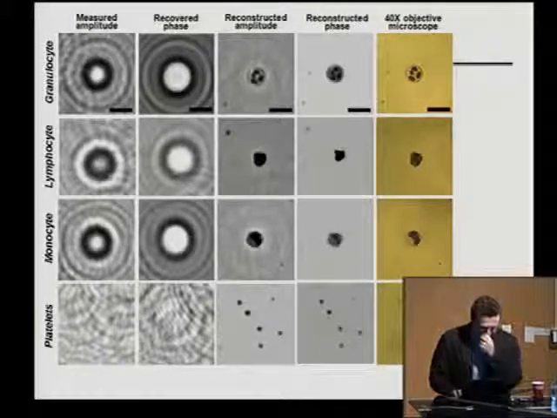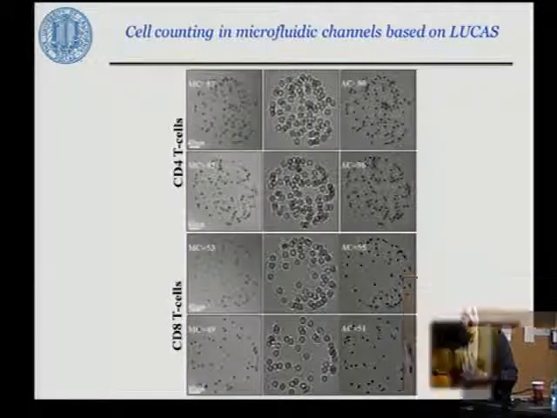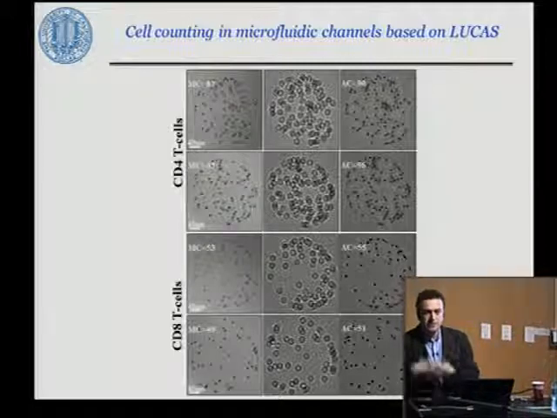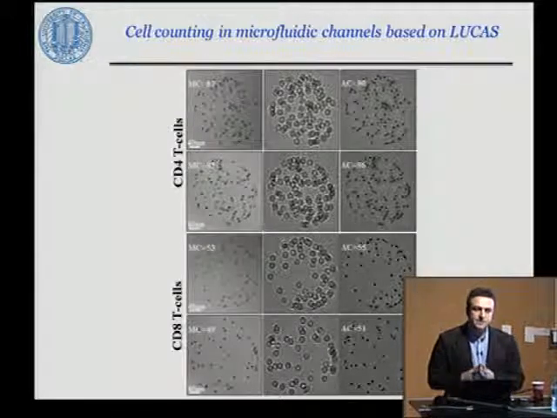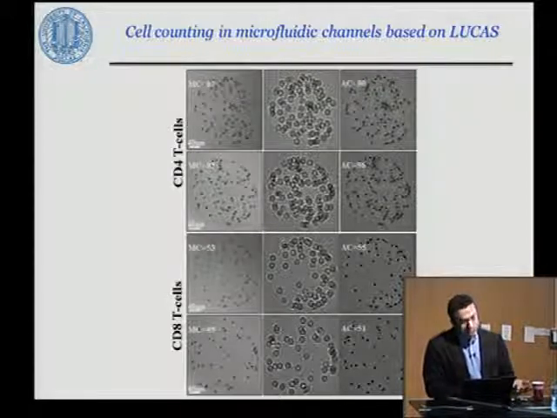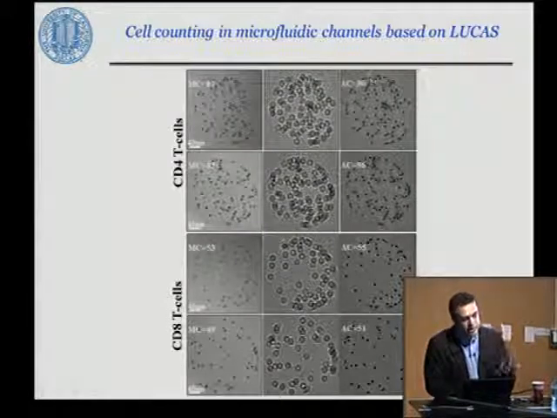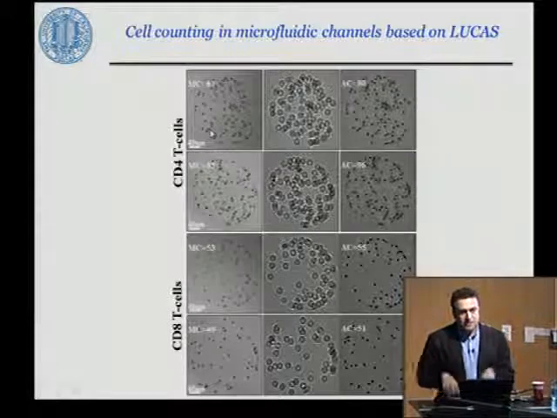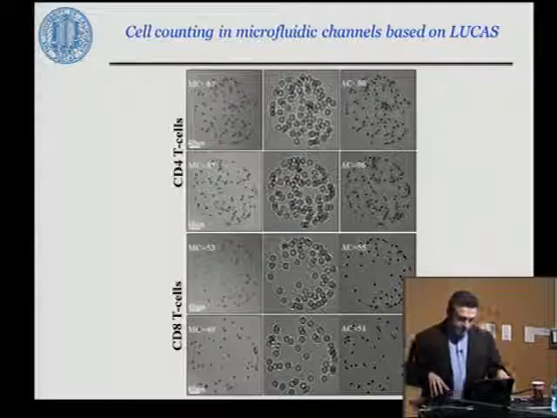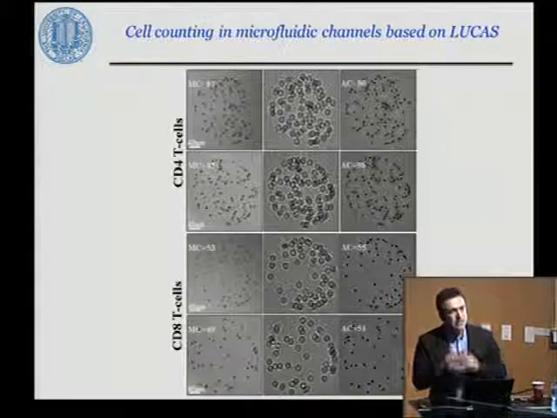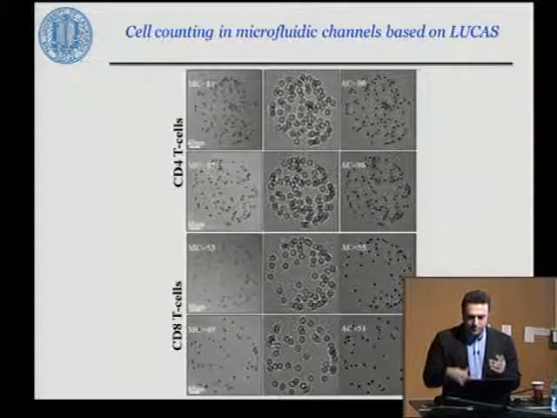images of the specimen. Even with the simple geometry, you can actually work this platform as a specific cytometer for even objects that are very difficult to differentiate under a light microscope unless it's labeled. You can actually do surface chemistry to capture different subpopulations of cells and start reconstructing them and counting them. In this example, we're focusing on lymphocytes, CD4 positive and CD8 positive lymphocytes, with the hope that for an HIV positive patient, we can monitor the depletion of CD4 lymphocytes with respect to CD8s.